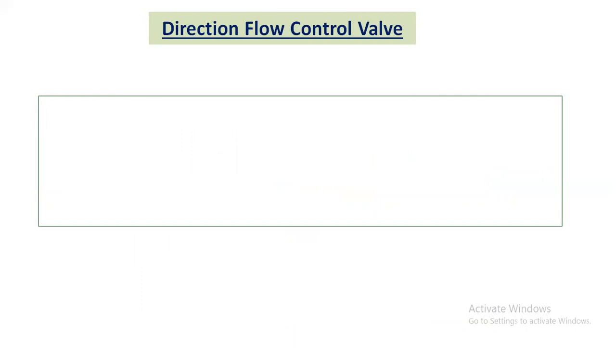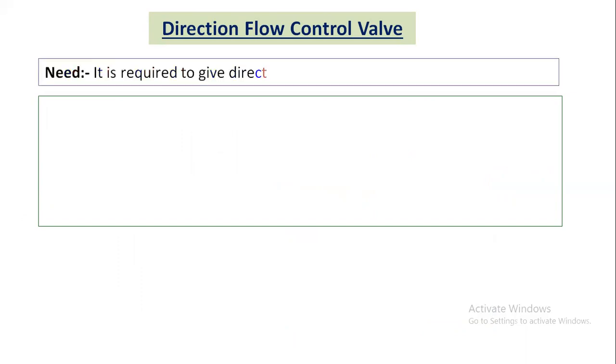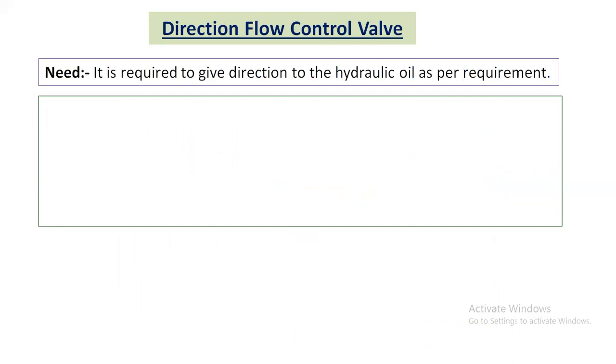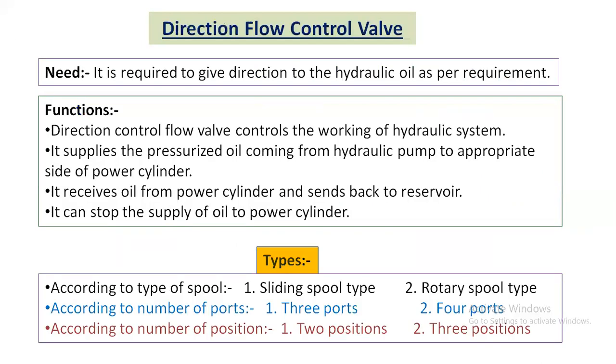Now, it is very important to understand direction flow control valve. How does it work? Listen carefully. First of all, why it is required? Because it is required to give direction to the hydraulic oil as per requirement. Let's tell about its function, and I will tell about all these things. So functions of direction control valve is,